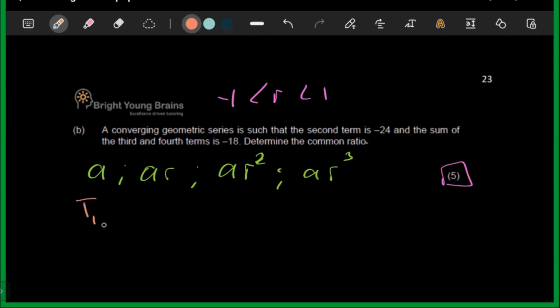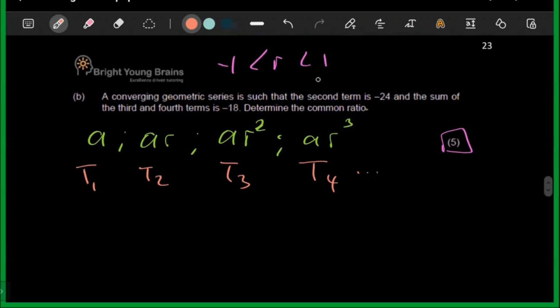So this is like t1, t2, t3, and t4, going onwards. And then it says here, they say t2 is 24, right? Negative 24. So you have ar is equal to -24. That's t2. And then they said that the second term, which is 24, and the sum of the third term. So third term is ar squared, right? Which is -18. So they said the sum of these two terms,